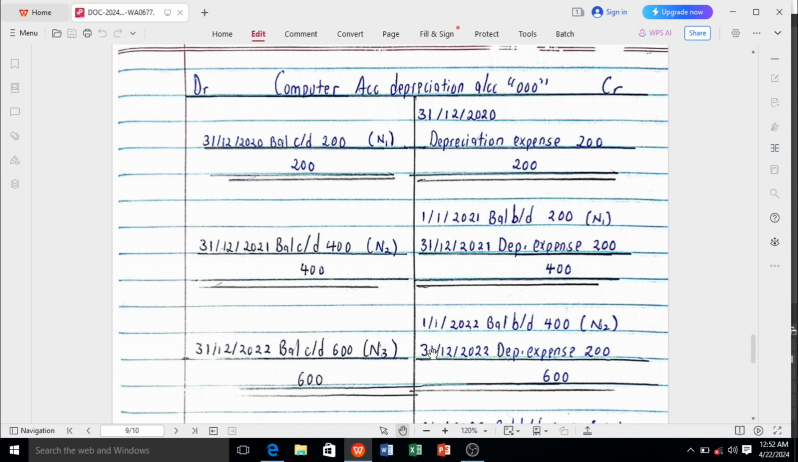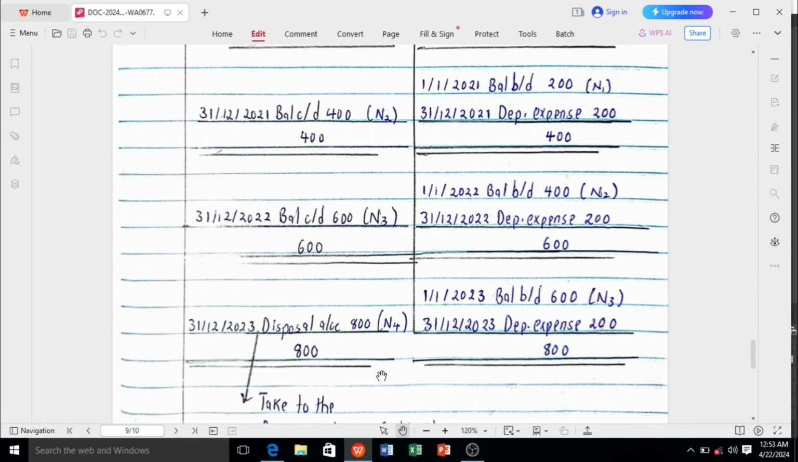And then I cater for the depreciation expense for that year, which happened on 31st December 2022, a depreciation expense of 200,000. So that when I add the 400 plus the 200, I get 600. So this will balance off, and this side we shall get a balancing figure of 600, and that will be at 31st December 2022, balance carried down of 600,000, which will be my N3. So this N3 comes to the year